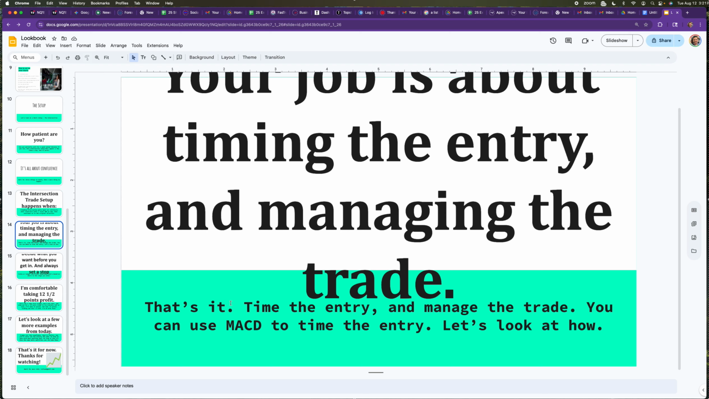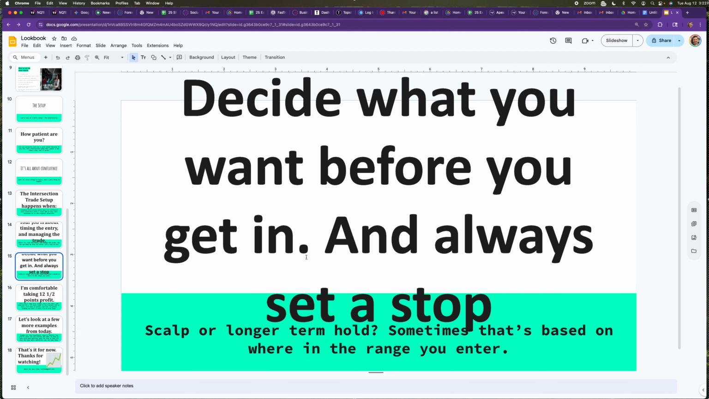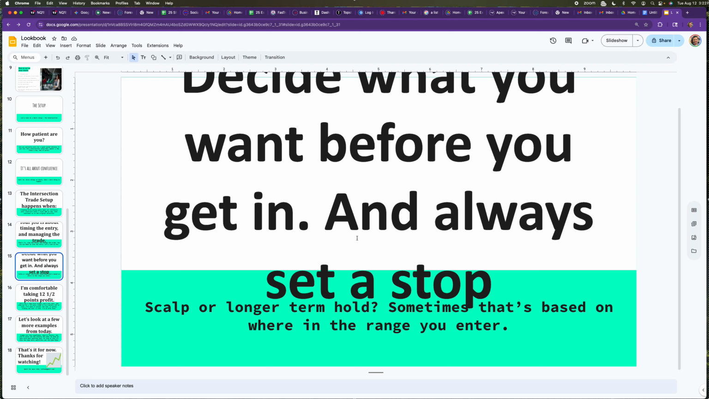Okay, that's it. Time the entry, manage the trade. You can use MACD to time the entry. We just looked at how to do that, okay? Decide what you want before you get in. Always set a stop. Scalp or longer term hold, that's up to you. If you are buying at the bottom of the trading range, you might want to hold a little longer